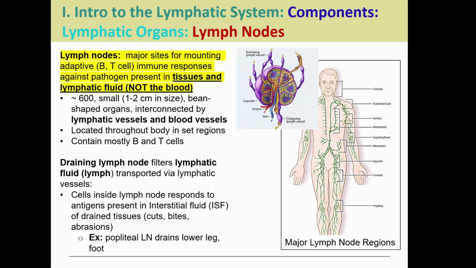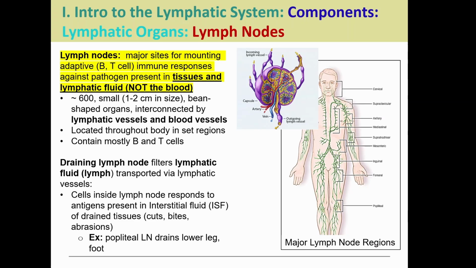All right, going on to the lymph nodes. The lymph nodes are going to be where a lot of our adaptive immune response is going to be kind of stemming from because we have B and T cells found there. This is going to help protect us against pathogens that are presenting in the tissues and lymphatic fluid. So these guys are not necessarily right into the bloodstream. When we look at the lymph nodes,